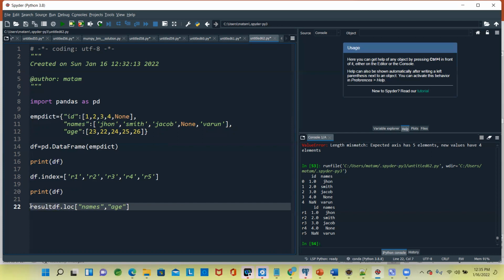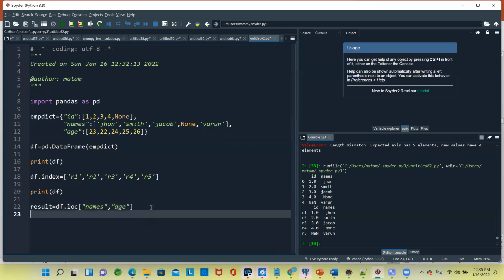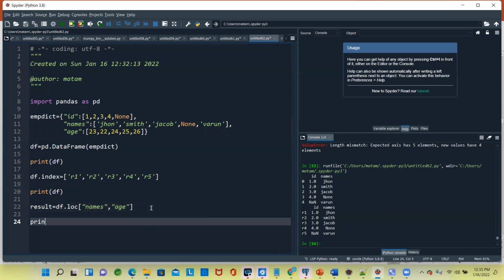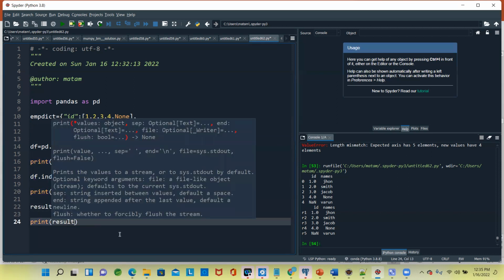So let's say we'll store this into result. So we will say print of result.